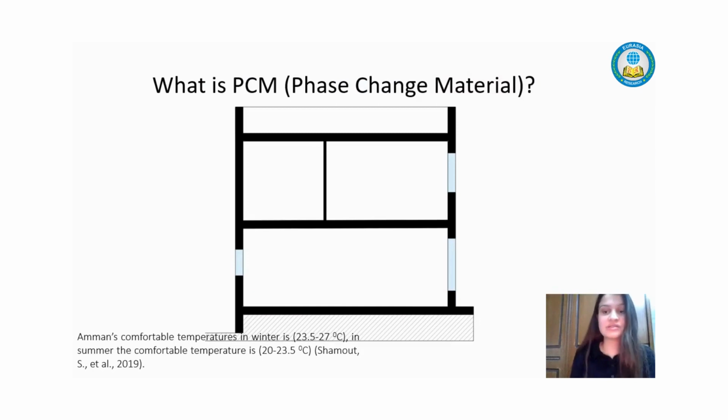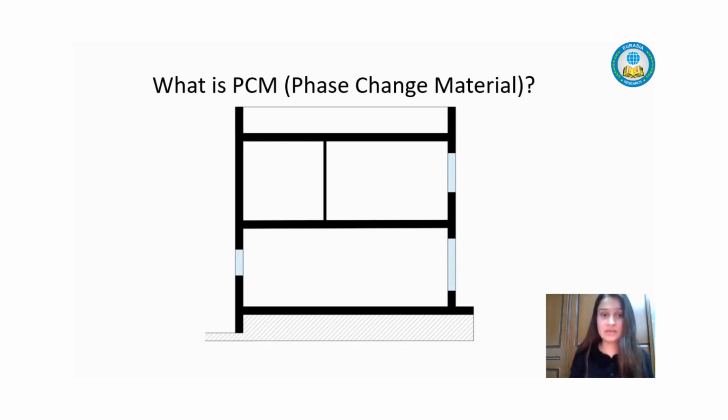How would I be using it in the residential apartments or residential buildings? It will be a layer between the layers of the residential envelope. What will be the envelope that I will be studying? It was the ground floor slab, the exterior walls, and the roof of the last level of the residential apartment. It's actually a specific envelope of the residential building. The phase change material will be a layer that will be implemented between the other layers in the envelope.